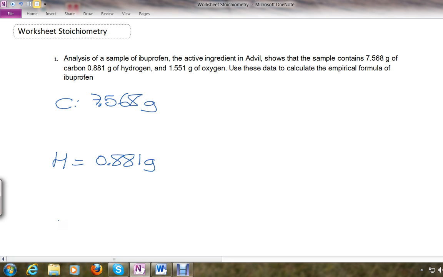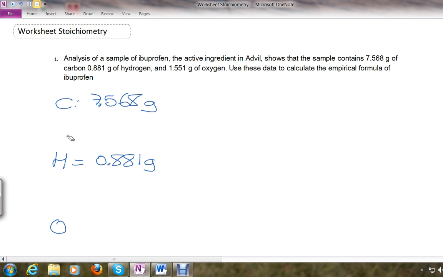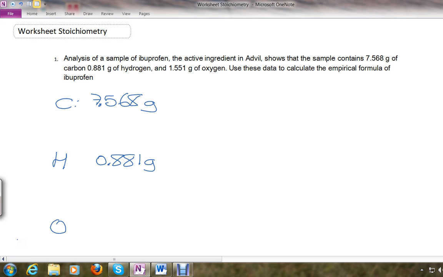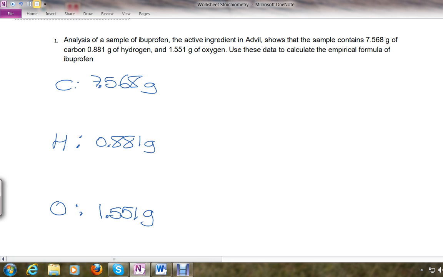And oxygen contains 1.55 grams. Now, in this problem, we don't need to assume 100 grams because they are already giving us the